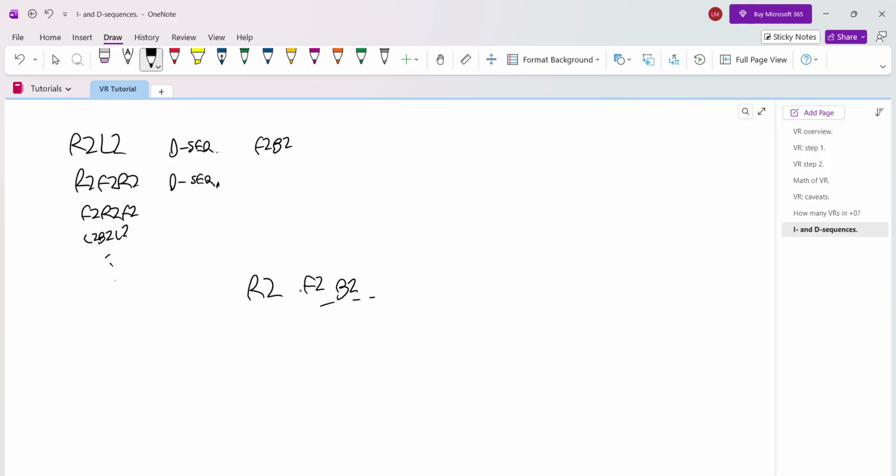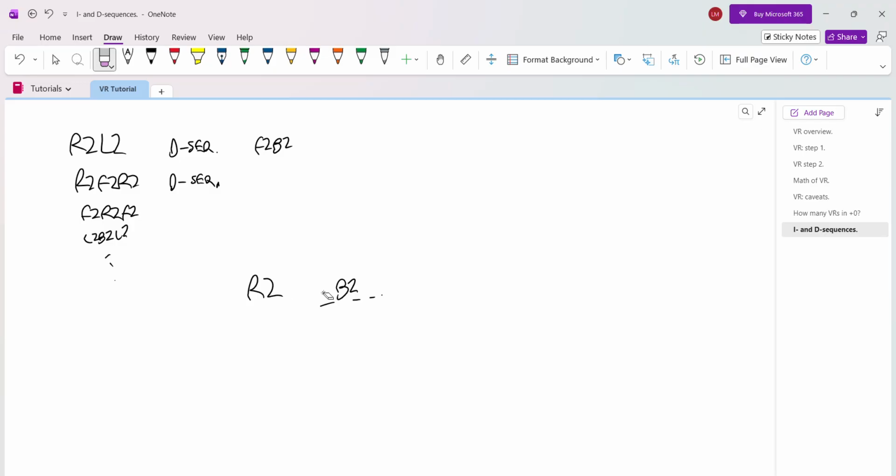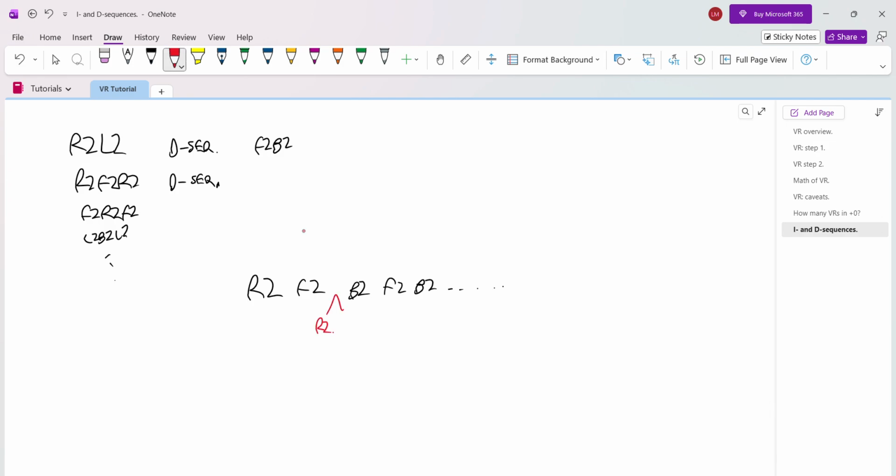So first of all, because we're only working with F2s and B2s, we can simplify them, okay? Because obviously F2s and B2s commute. So basically, we can assume that we are left with either F2 B2 or so. Or actually, we don't even need to do that, because what I'm going to do works even without simplifying. That's actually very simple. So let's say you have R2, F2, B2, F2, B2, whatever. What I'm going to be doing is inserting R2, R2 here,